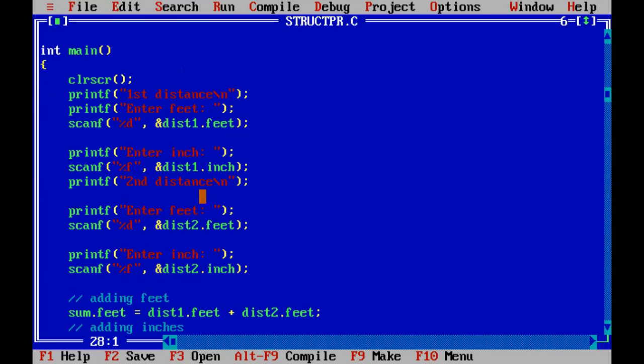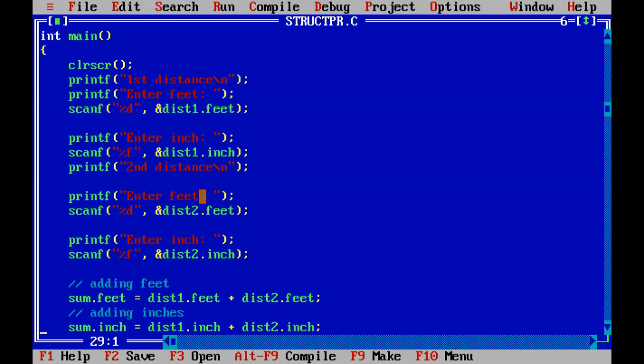After that it will add the feet values, and the feet will be stored in the sum variable of distance. So sum dot feet equals dist1 dot feet plus dist2 dot feet. Then for inch, sum dot inch equals dist1 dot inch plus dist2 dot inch.